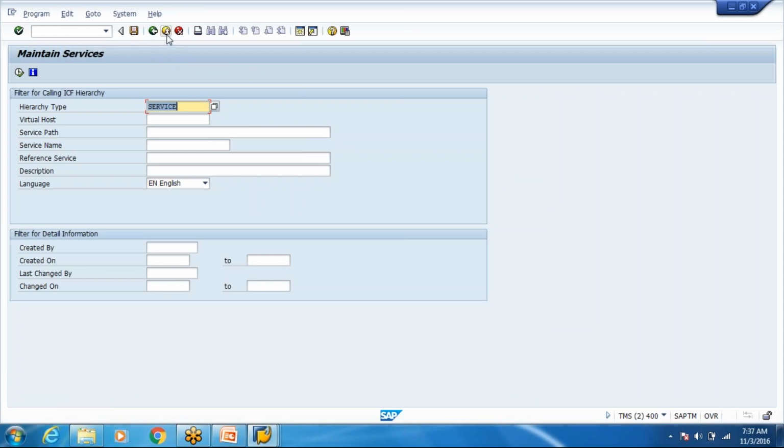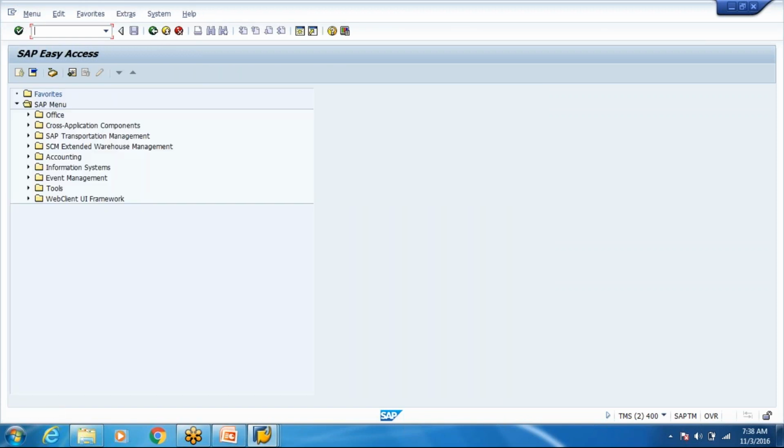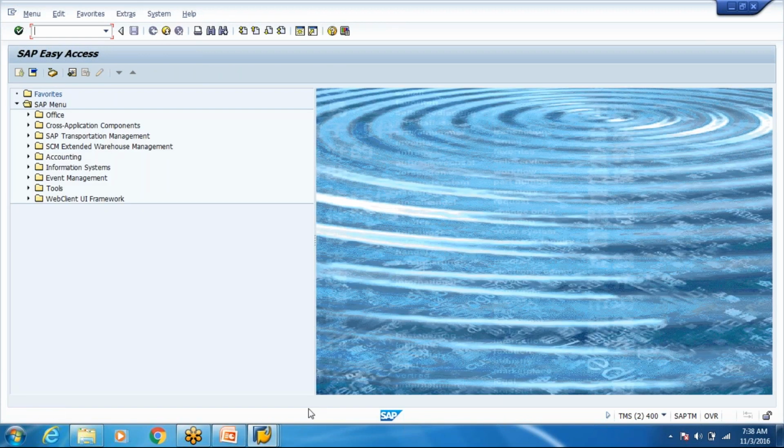So this is a transaction which I see my ABAPers use. When I ask them to give me my test link, they come here, they have created the service, they give me the link, and I then use it for my testing. So when you are implementing RF or making some changes on RF, always test on that ITS link also. It will give you a link. Open that link in the browser, and then you can run these transactions. You'll get a screen like this in your internet browser.